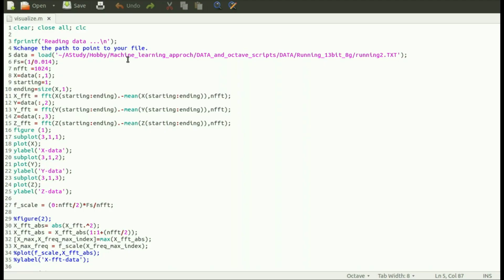So here is the same visualized code, and we have covered it up to here, like what the load function does. Next, I'm declaring a variable called f, as this is a sampling frequency, and I have kept it to 1/14 millisecond. This is the time interval that I noted in the accelerometer data file that we looked at previously. These are the samples in the file, and if you look at the timestamps, you will get the interval at which you are storing the data. For me it came up as 14 milliseconds.